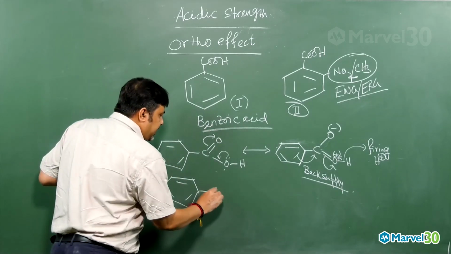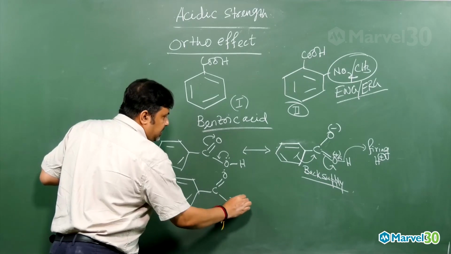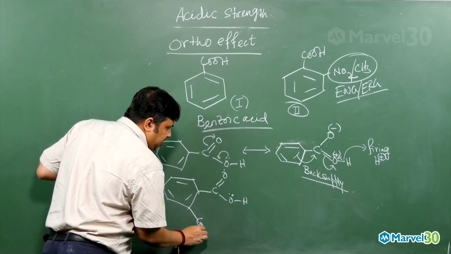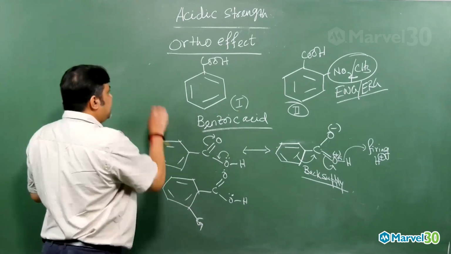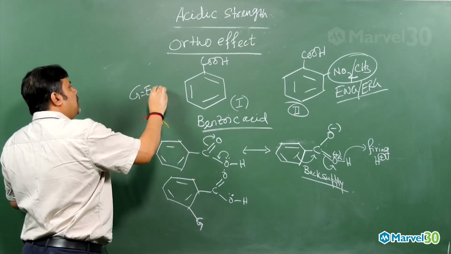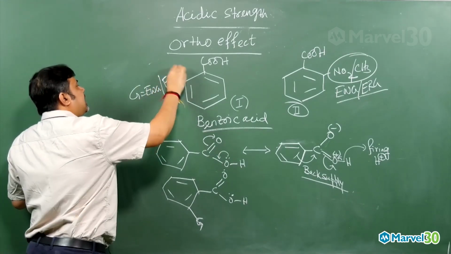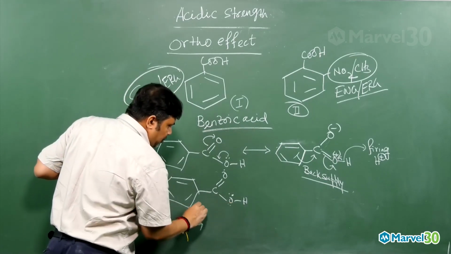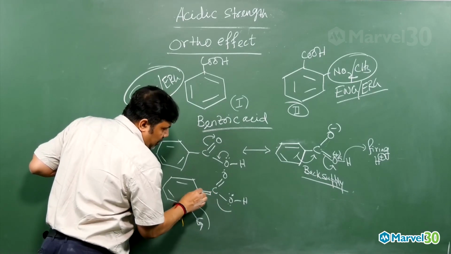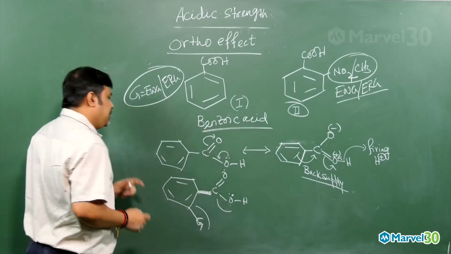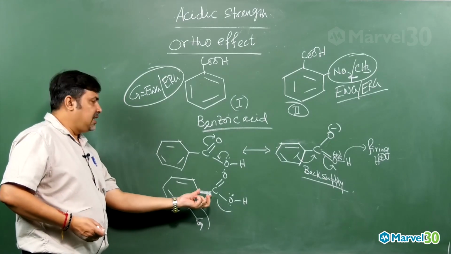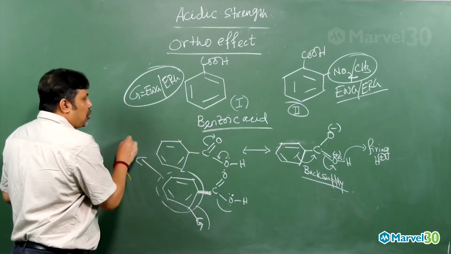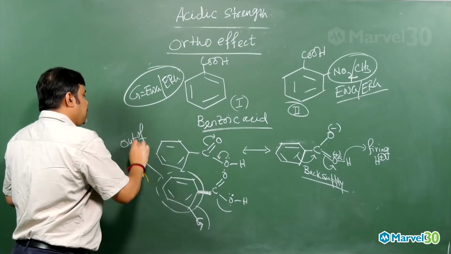Because of the steric hindrance, this resonance will be taking place, but here this group G is there. I am putting a group G, and this G is nothing but it can be EWG or it may be ERG, whatever it is. This group is there in this position. Because of this steric hindrance, this benzene ring will be out of the plane. I represent this bond as a solid line. This total benzene ring will be out of plane.